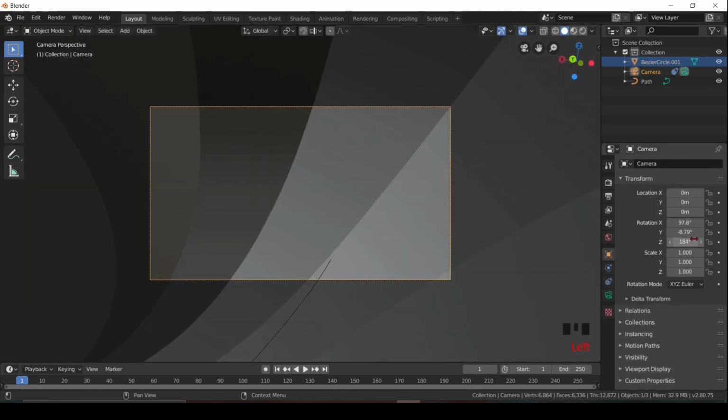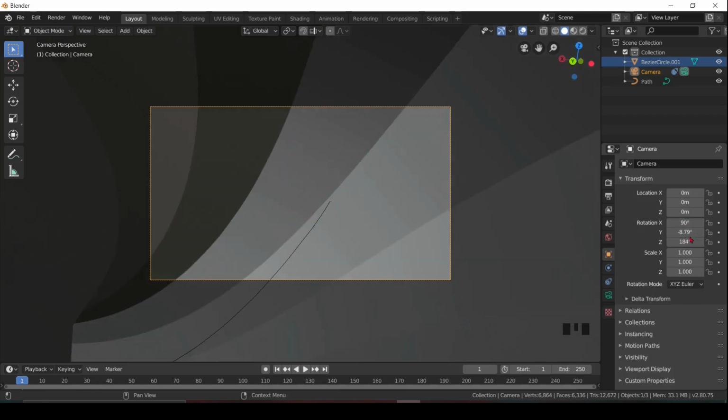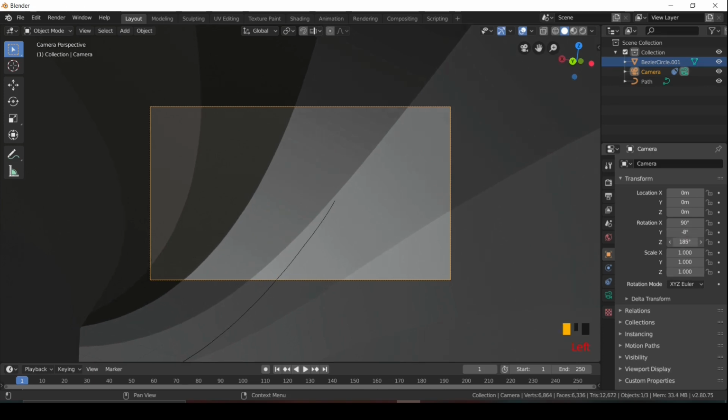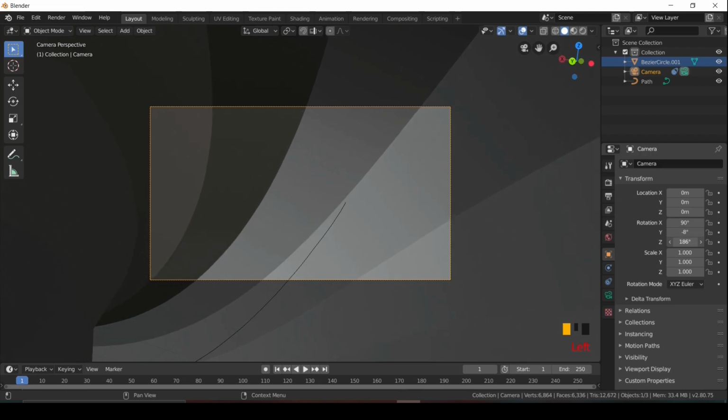Now the difficult part, we have to adjust the camera. As I told you earlier, if the curve is less then adjusting the camera is also easier. You can adjust your camera by pressing R twice or by this setting menu.